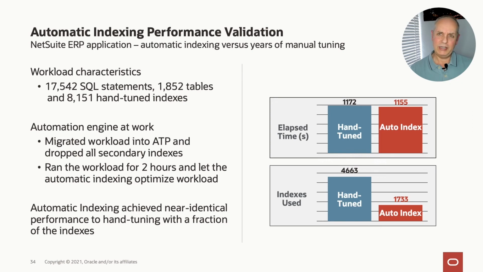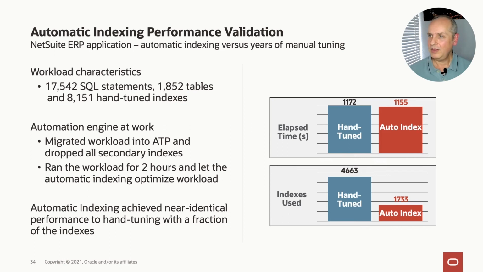So what we did for this test is to drop all the secondary indexes, things that are not primary key or foreign key, and then let the engine figure out what indexes are going to be useful to the workload. So we essentially let the workload go, leave it running, and what's nice about this is you just leave it alone. It just works by itself, of course. That's again the whole purpose. So we let auto indexing work, and then implement, and then we took a look.